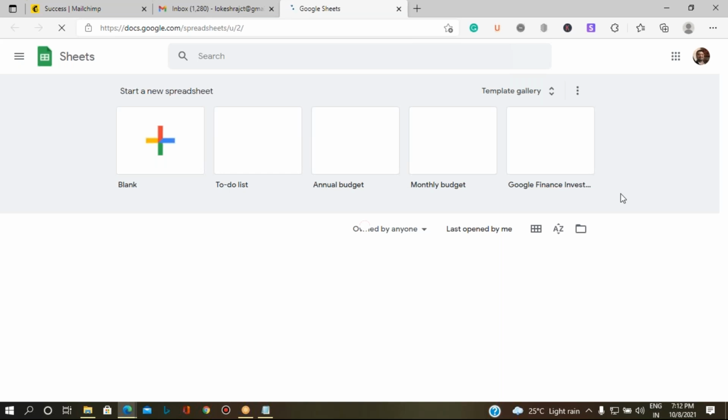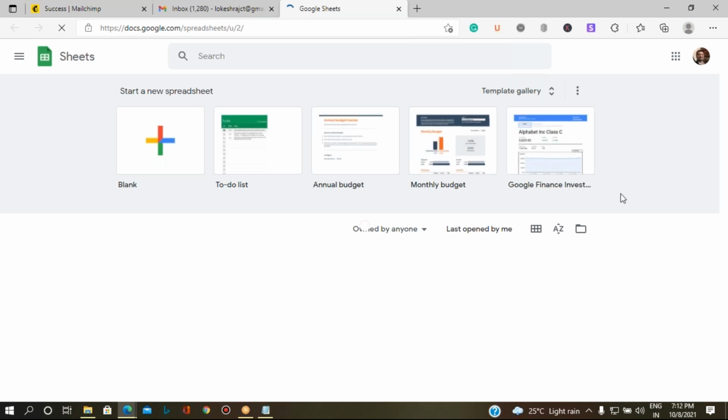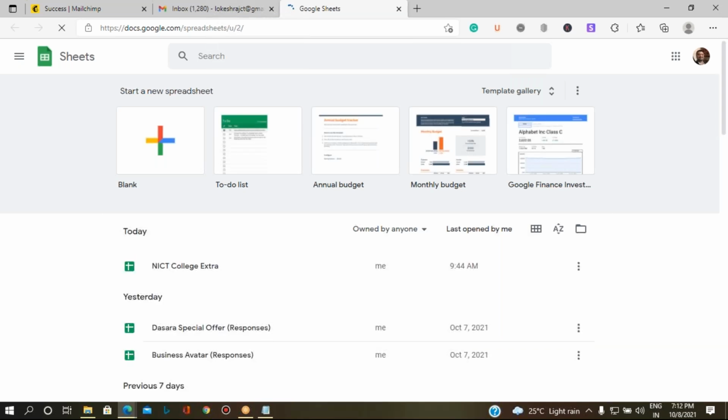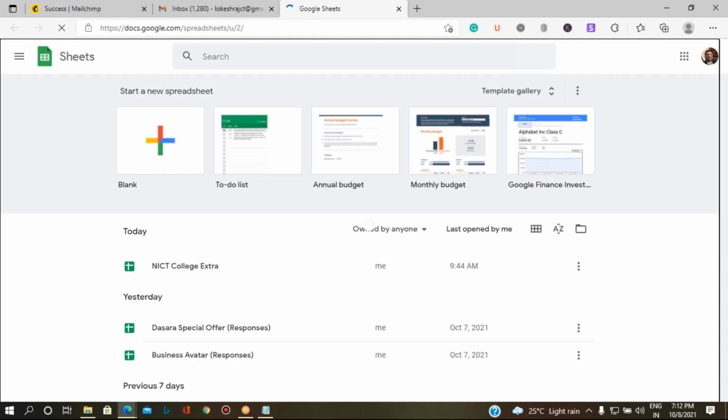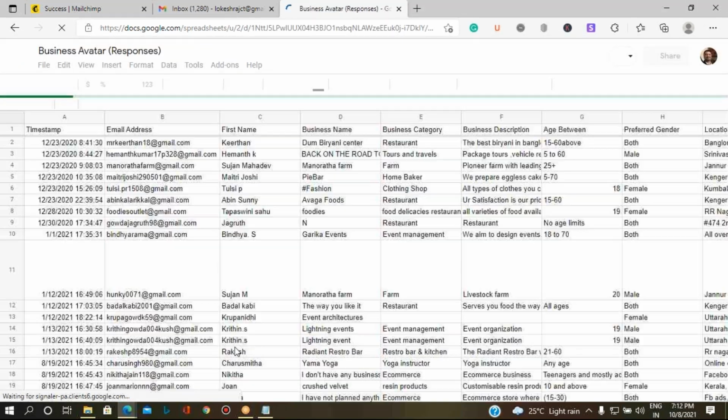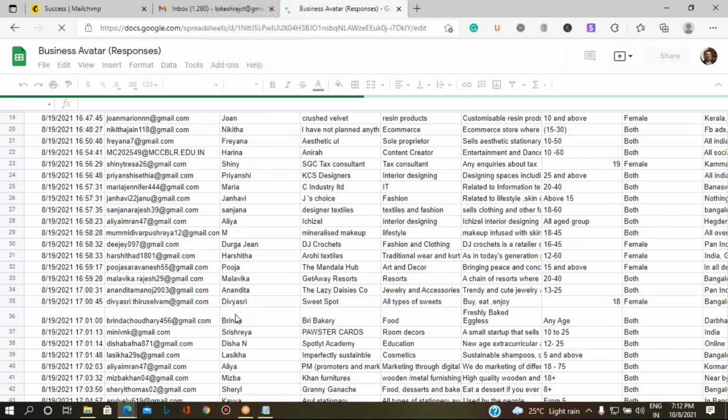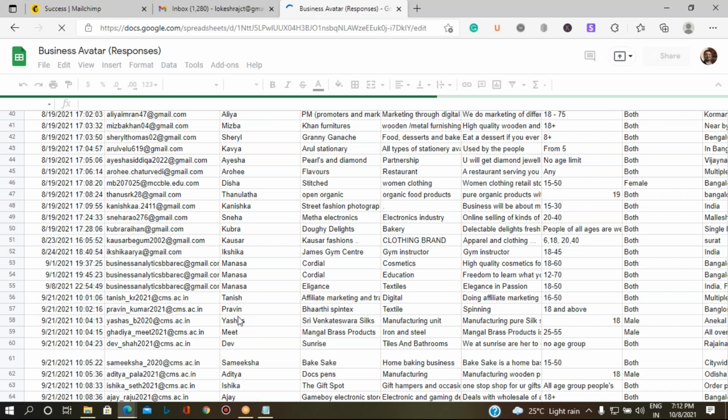And let me check whether I have that sheet in this mail ID. Okay, it is there. Business avatar. It was last updated on the 7th, that was yesterday. So let me take your own email IDs.